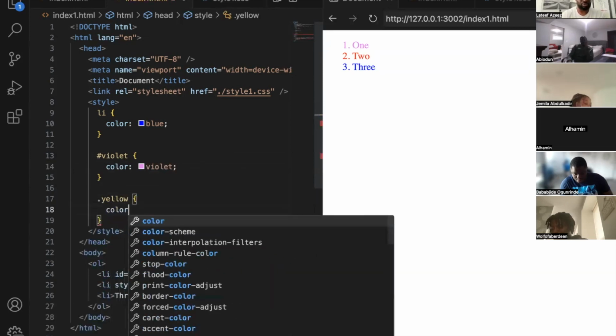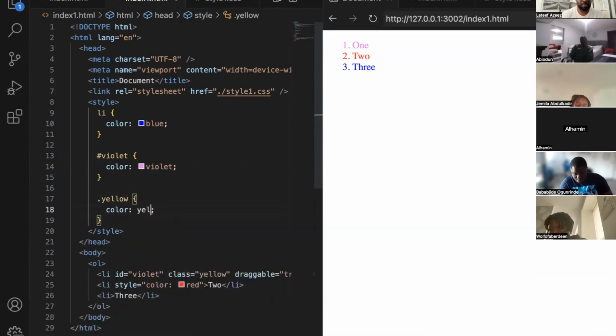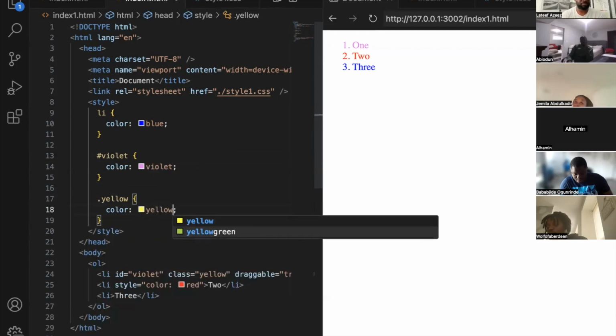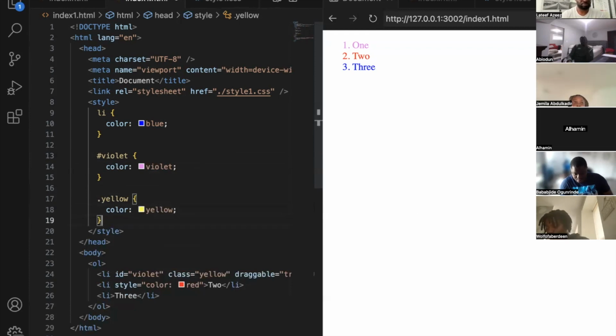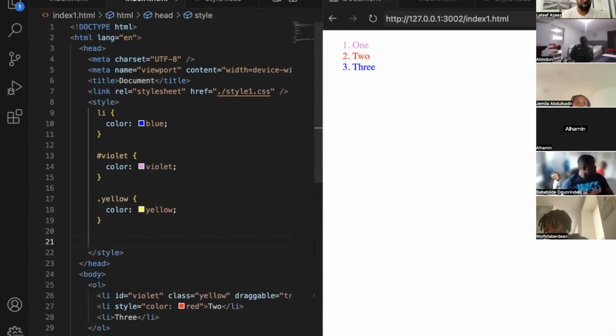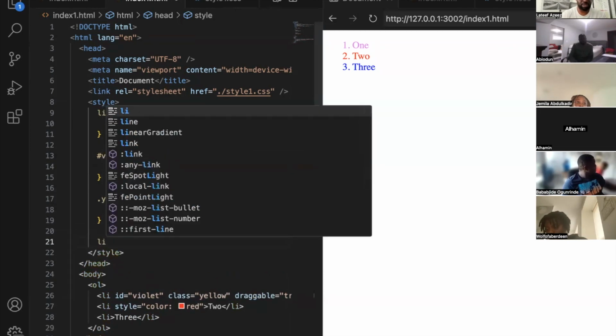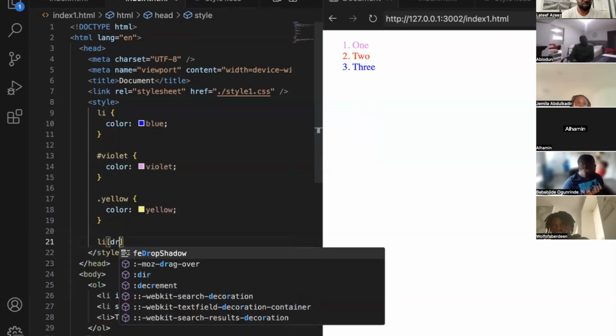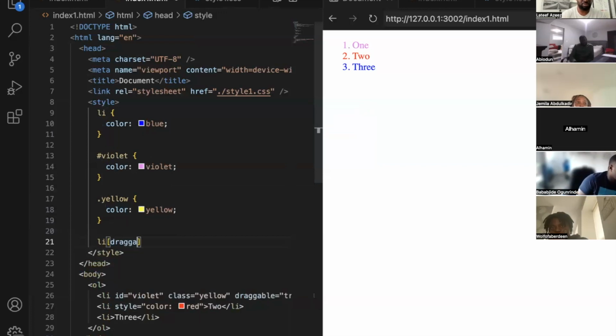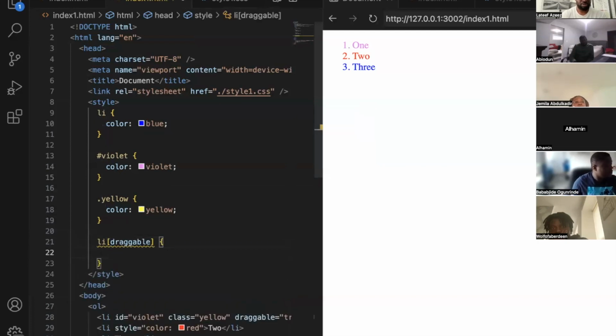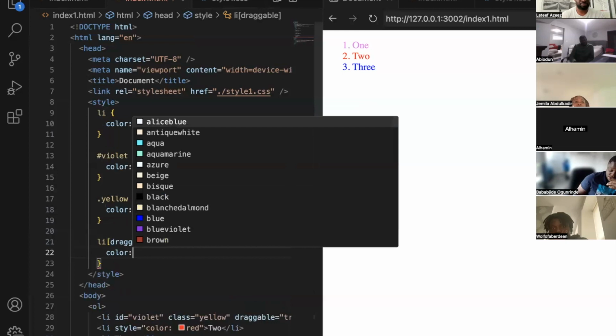And set the color to be yellow. And the draggable. So let's say li draggable, and make the color to be